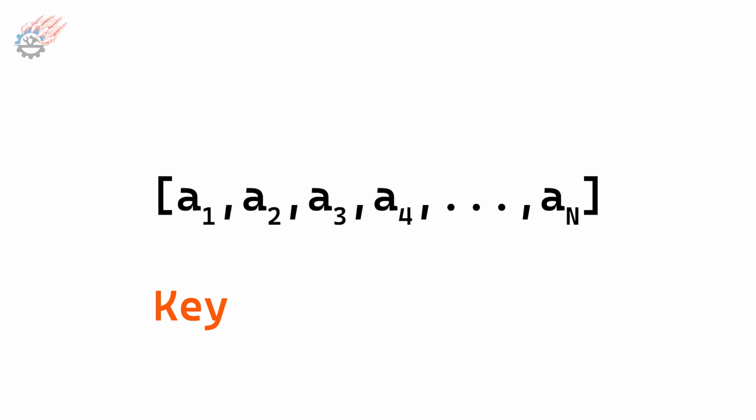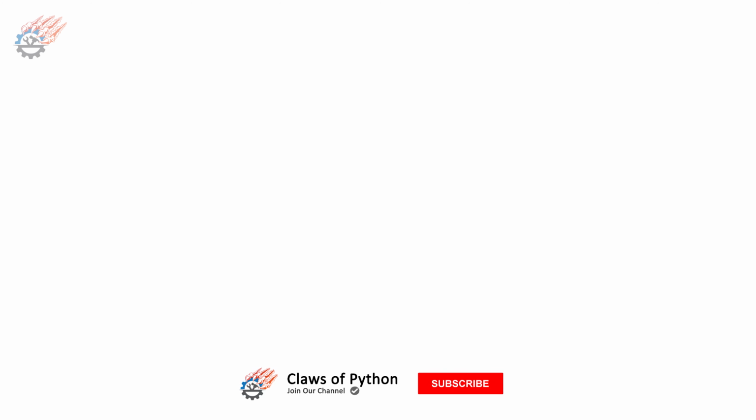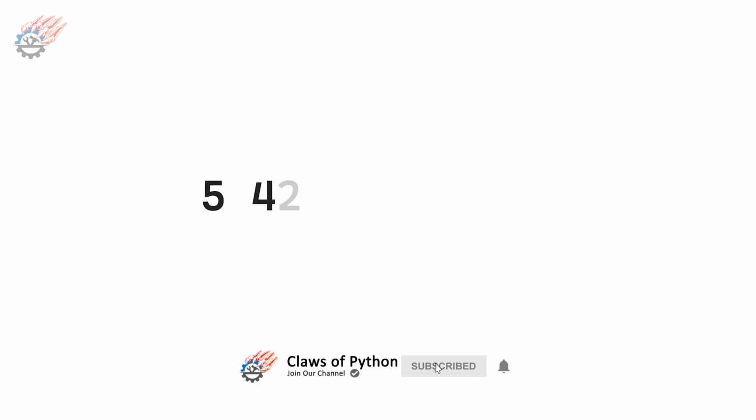We have been given a list of n elements and we need to search for an element given by the user. Let's call it the key. The basic approach is to go through the entire list from the beginning and compare each element with the key. If we find the element, return the index of the element, or return -1 if we reach the end of the list. Let's say we have 5 elements in the list: 5, 42, 12, 79, 1 or 2.